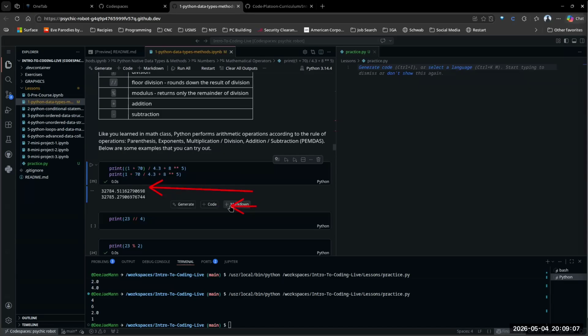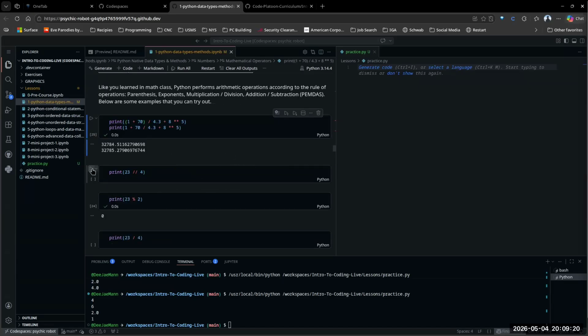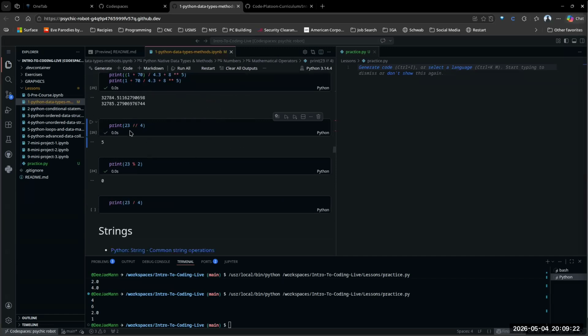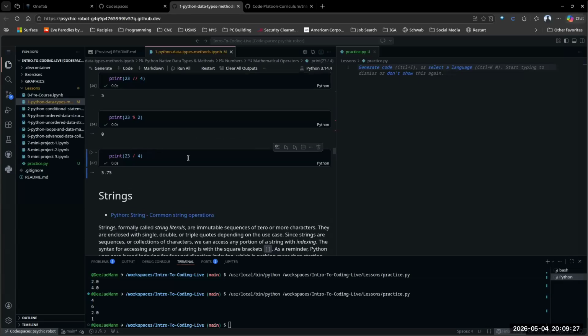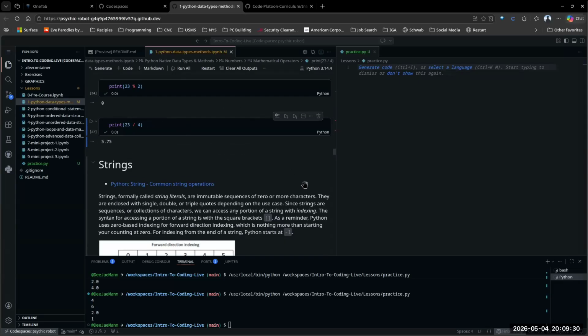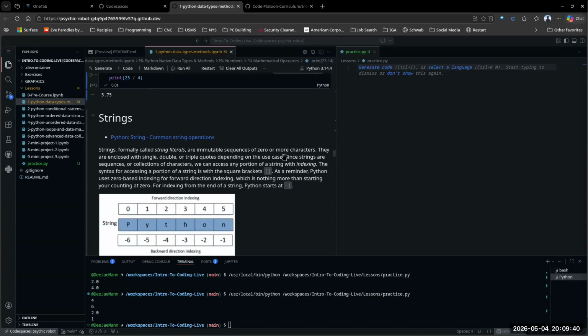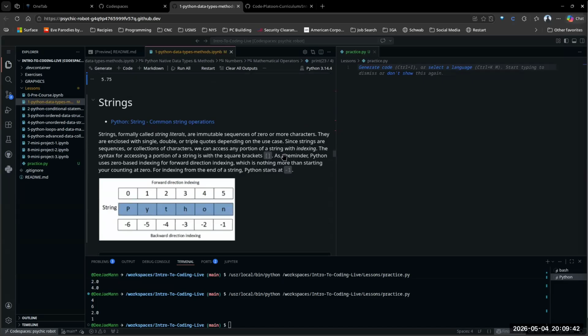So the difference is right around a whole number, but it can change things for your calculations if you forget those. That's more of a reminder for math. Here's our floor division. You can go through and see these and play with the numbers and see what they get. Any questions on the mathematical operators? Okay,